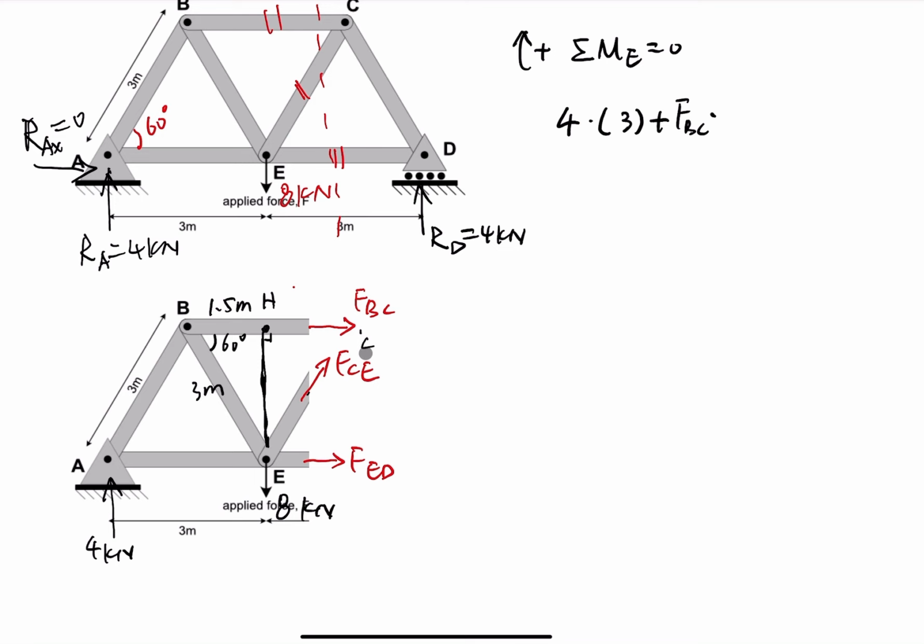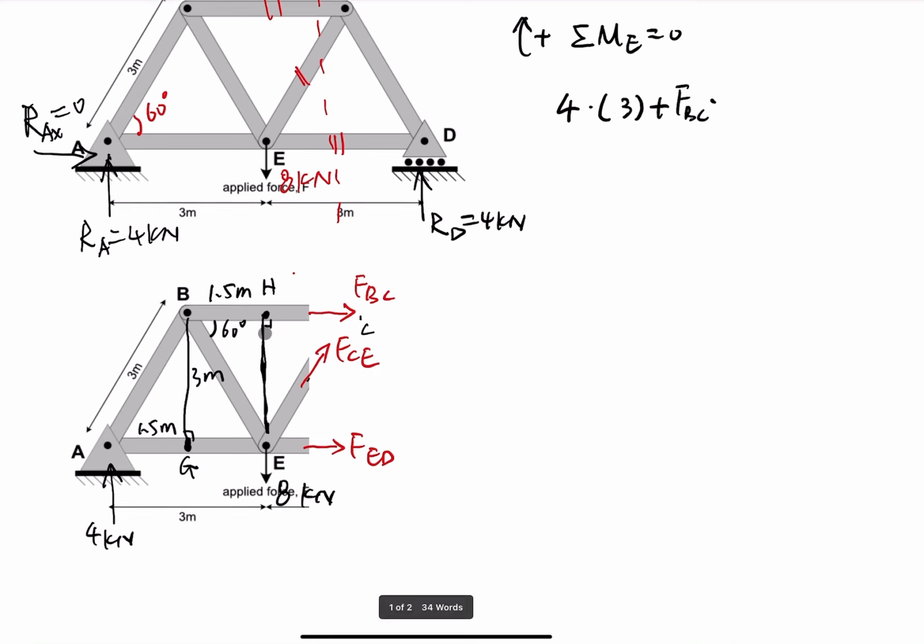So if we look at here, this is also a lever arm. If we say this is G, BG is at the midpoint of AE, so it's 1.5 meter. Same idea, so BH is 1.5 meter. Then EH, so times